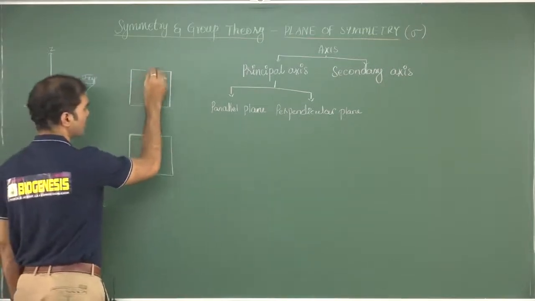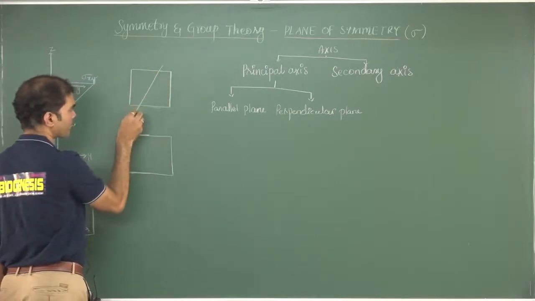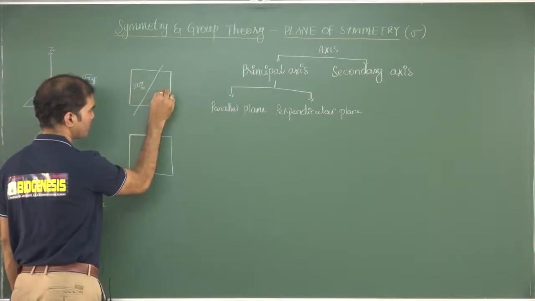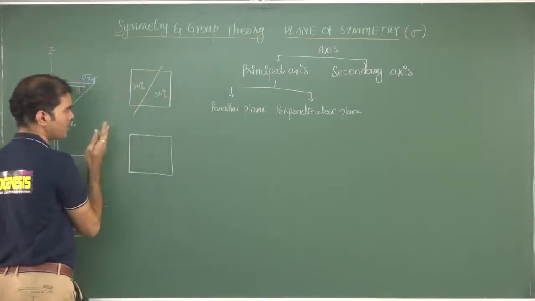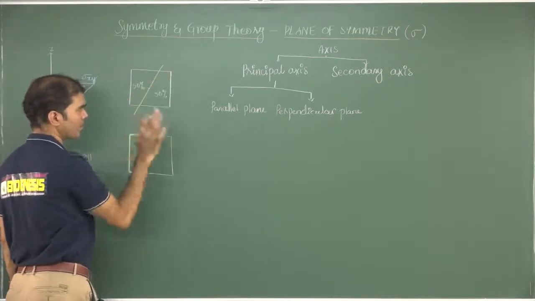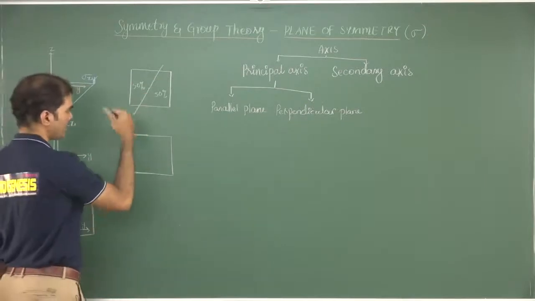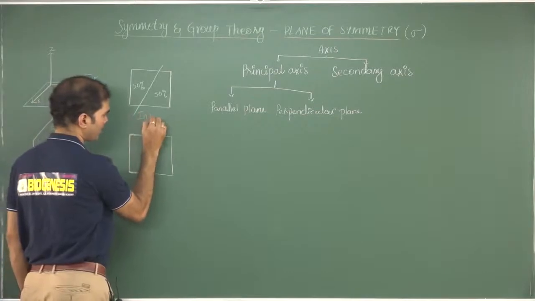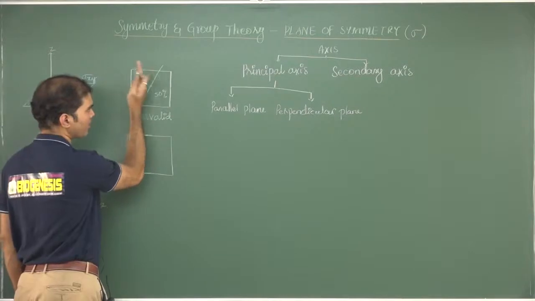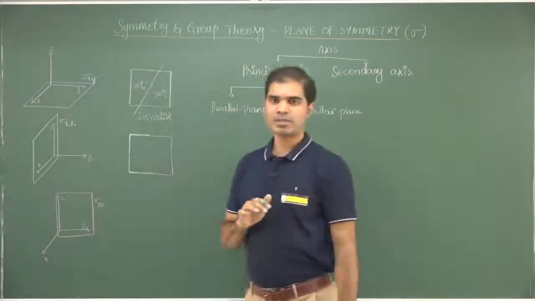What is the importance of this terminology? Let us understand. Supposing that I am passing a plane this way. Now this is 50%. This is also 50%. When I pass the plane in this way, now this is one half which is not the mirror image of the other half. These two are not mirror images. So now this plane is invalid. I just cannot pass a plane as I like, because I can say that it is passing and it is breaking into equal halves, 50%, 50%, therefore it should be valid. That is a wrong argument.